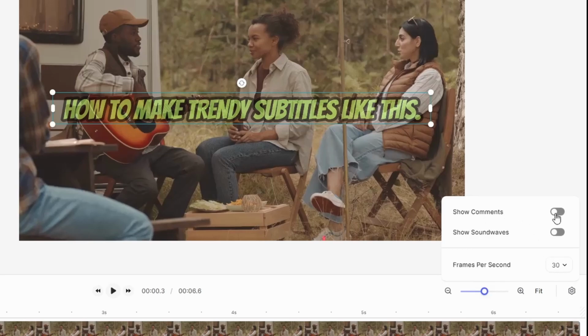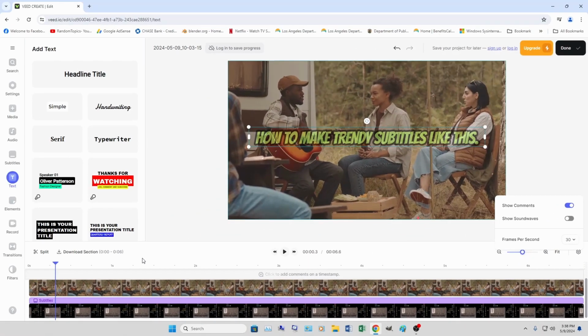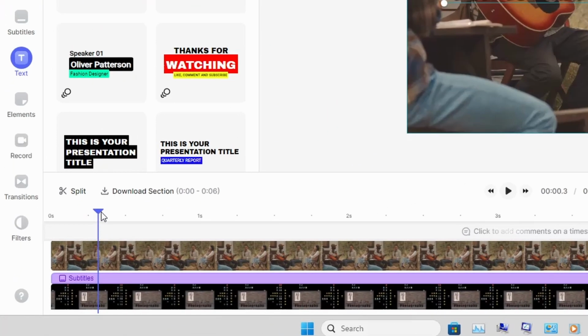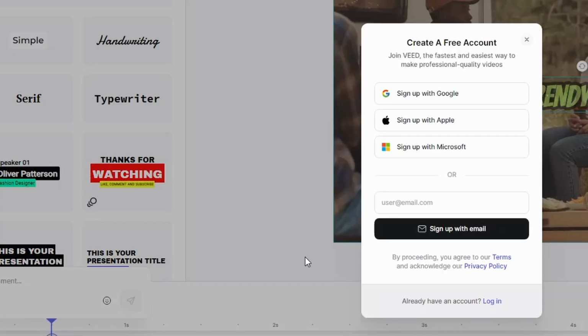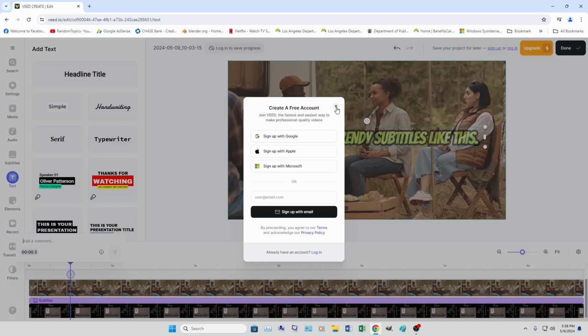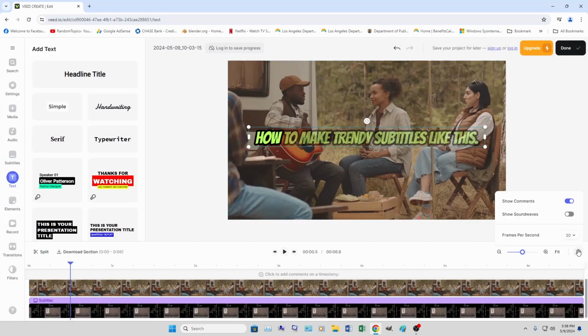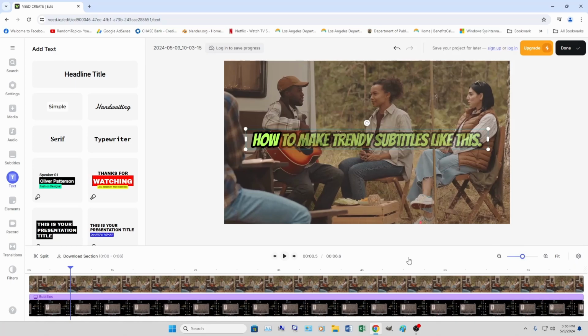Click on this and go to show comment, and you can mark each part. For example, right here, you can mark and add a comment. Let's just say how, and then enter. But you need to sign up, so you can choose to do that, or you can just use text and do the same thing. So just add text,